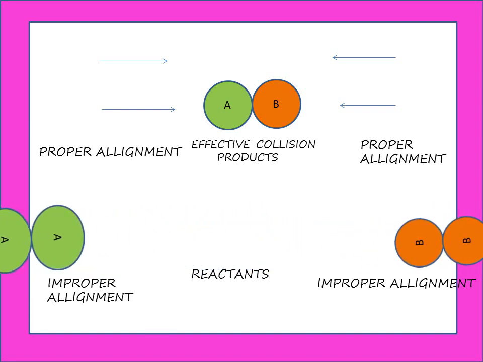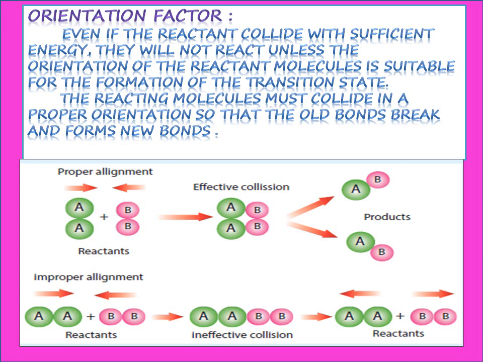You can see the collision of two molecules AA and BB forming the products. They are colliding with each other in two different orientations. See what is happening. You must have observed in the previous picture that if the colliding molecules approach each other in proper orientation, they form the product. If they are improperly oriented, then they remain as reactant. So the orientation factor is very important in deciding product formation.